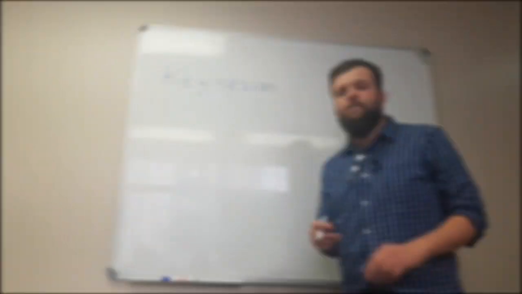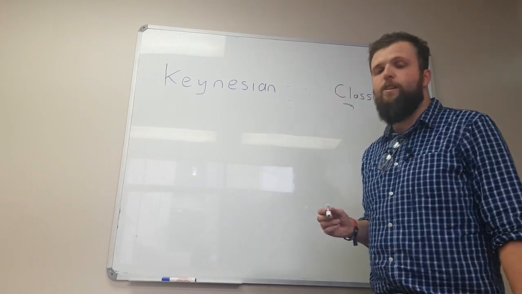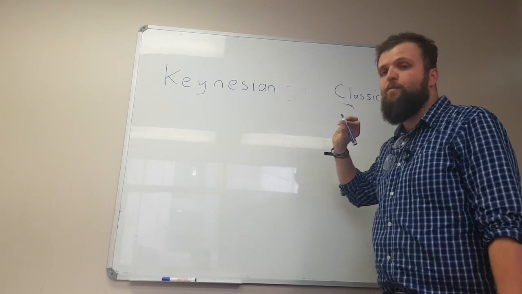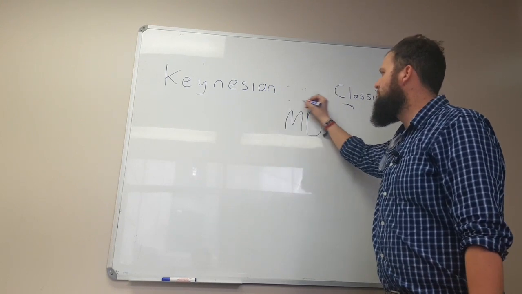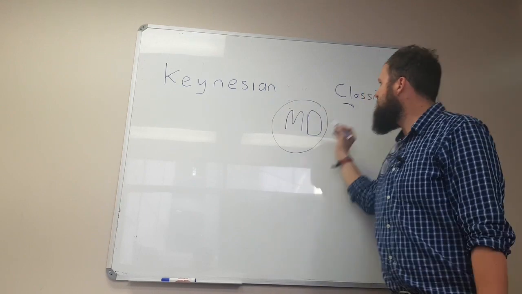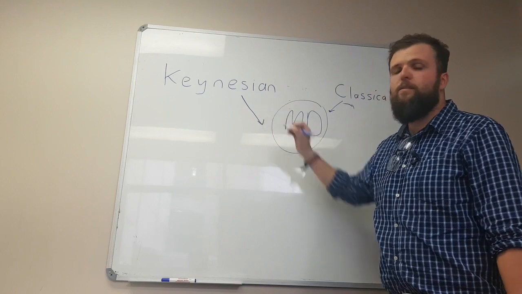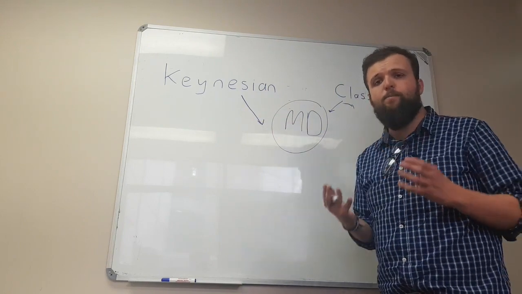Okay. So just now, the second part of this lecture, I just want to show you the short video, the key difference between a classical and Keynesian school in terms of one key variable, and that is money demand. How does the classical school view money demand? How does the Keynesian school view money demand? Because money demand is very important to understand. Let's just think about it first.